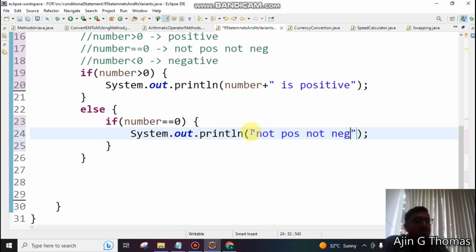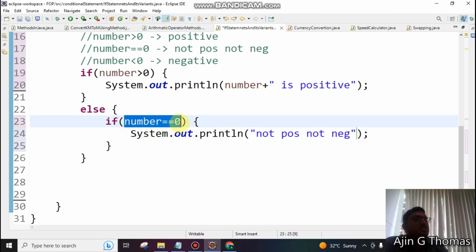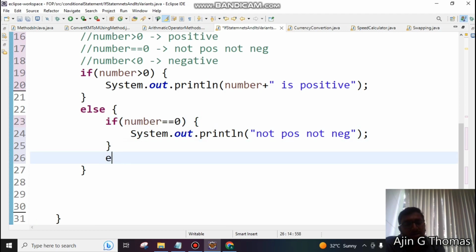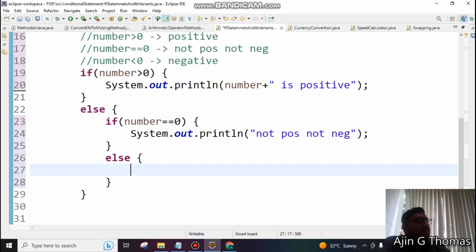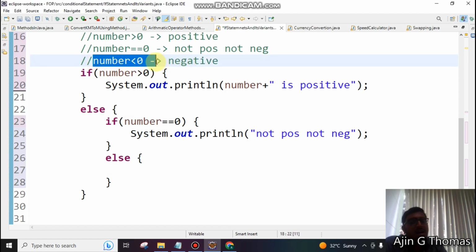Correct? Not positive, not negative. Then, if this condition is not satisfying, where will I go? I will create one else block. Understanding? Inside that else, do I have any other condition to check? I can check, but there is no other option, right? This is the final option. So I can keep here